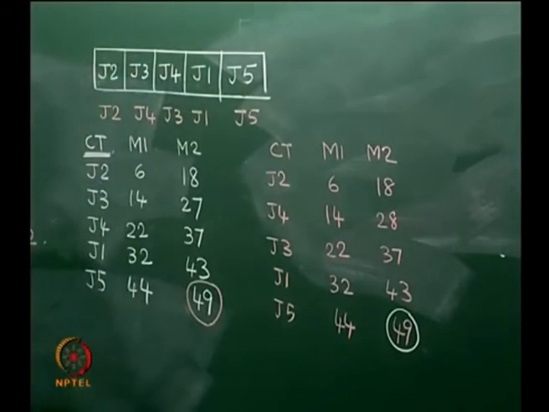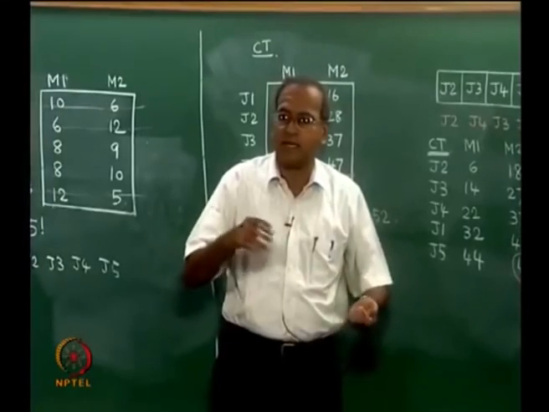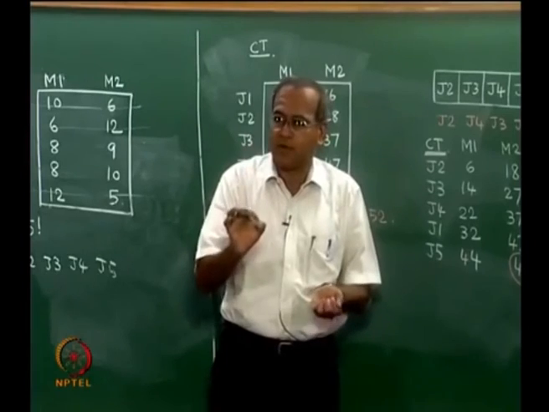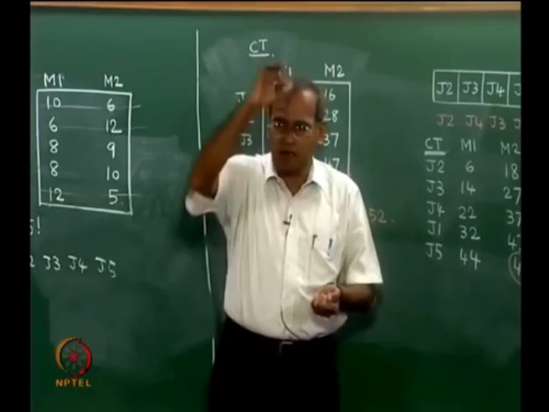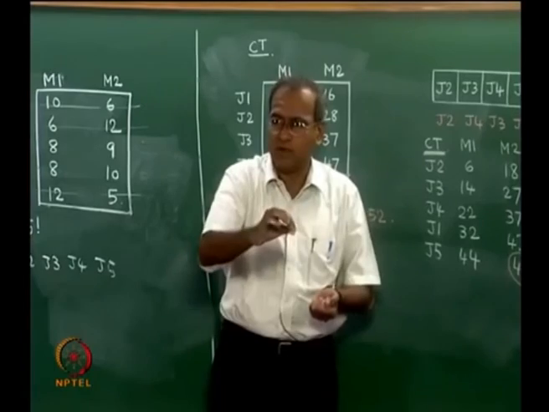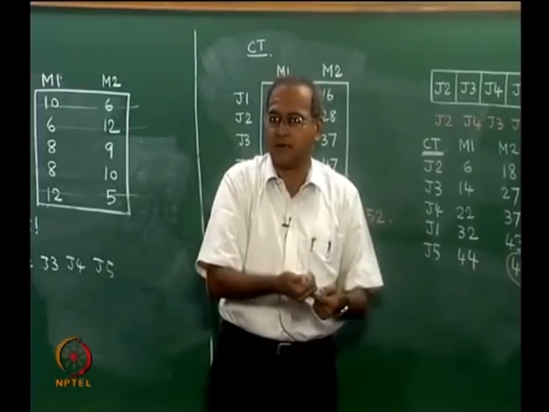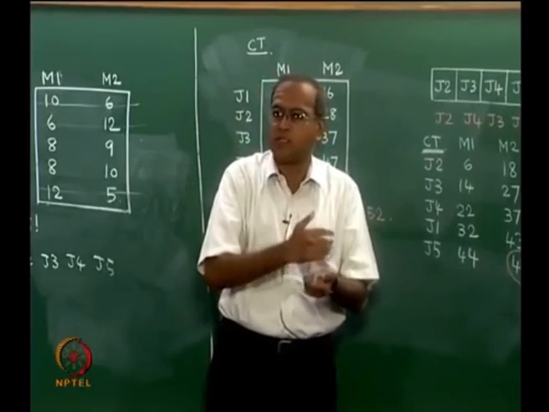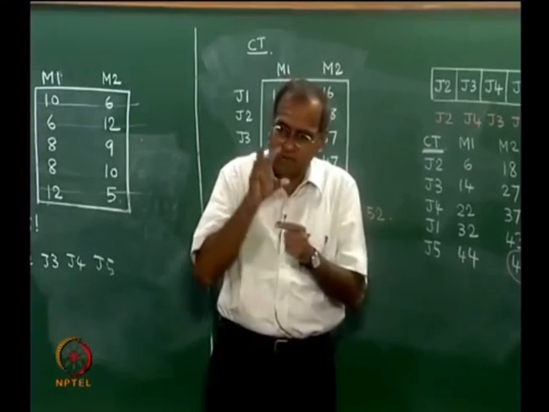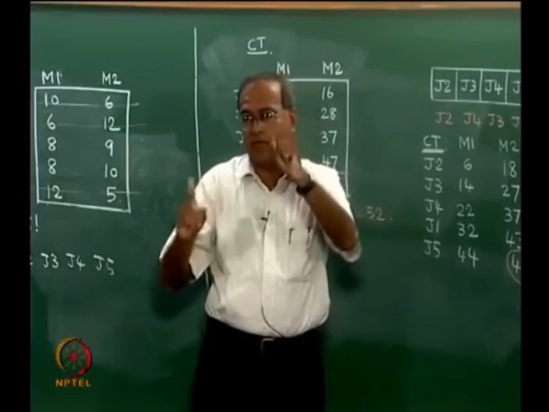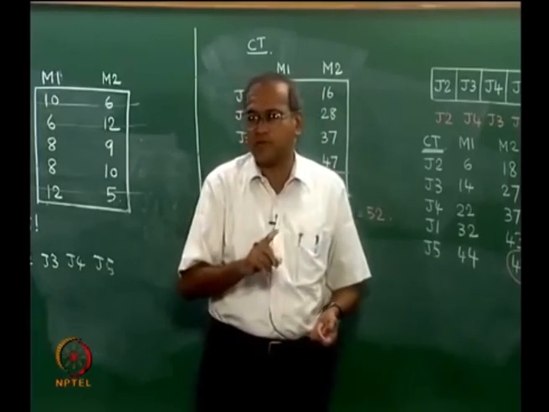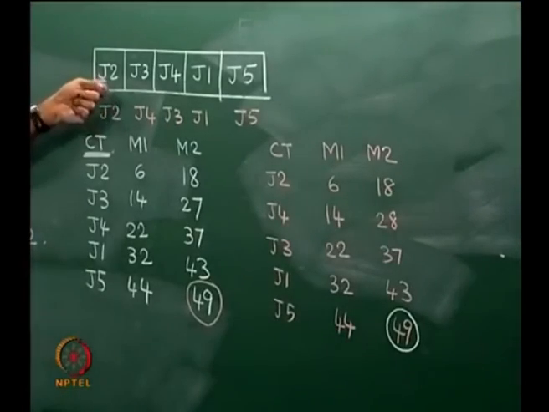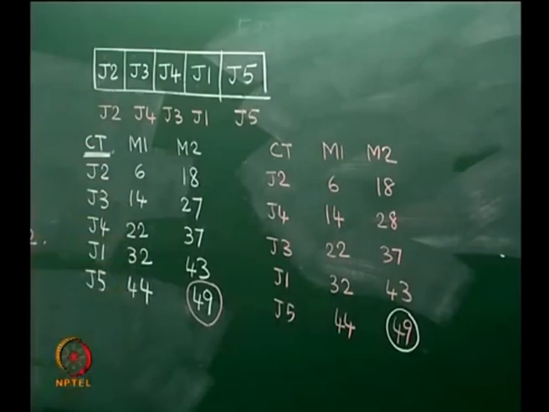If there is a tie, ties can be broken arbitrarily, but ties can result in more than one sequence. A tie will happen if the smallest number is on a particular machine, say M1, and more than one job has that. Similarly, a tie will happen when it is on M2 and more than one job has it. But if the same smallest time happens to be on M1 and M2 for 2 different jobs, then it is not a tie. So, get as many solutions as there are ties, all of them are optimum with the same value of make span.